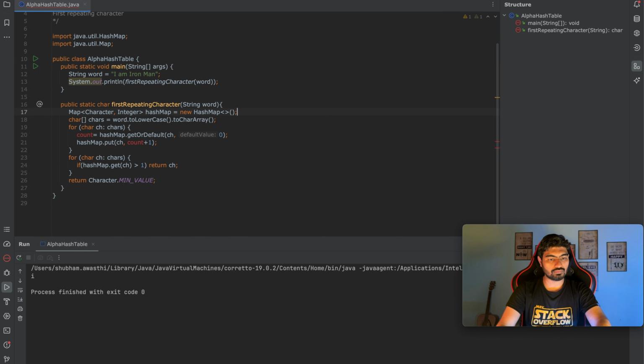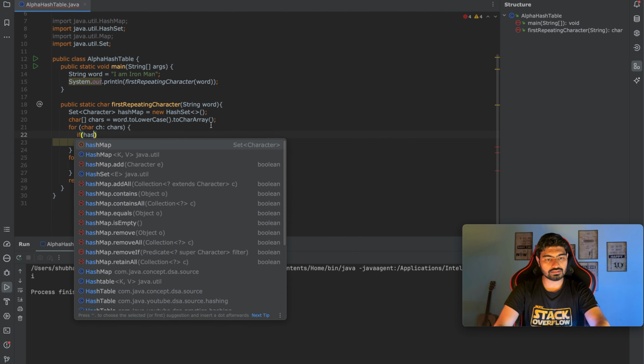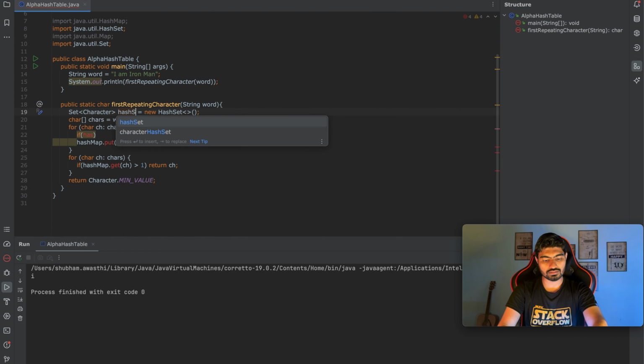We don't need this count variable now. Let's convert this to a set of character. As we know, it only holds the keys, and that key we want as a character. It won't be a hash map now, it will be a hash set. Yes, we still need the character array, and whenever we are iterating, there is no count concept now. We are just checking if this hash set, let me change the name as well, hash set,